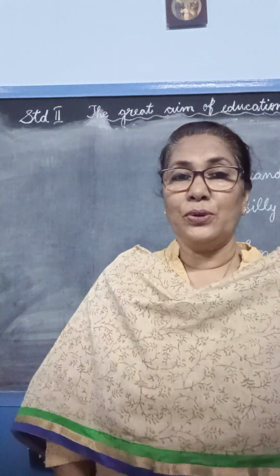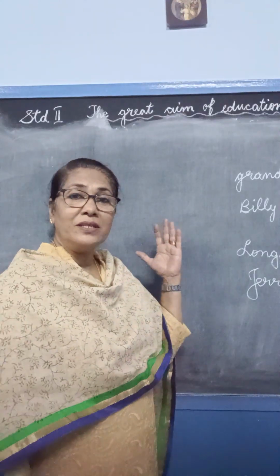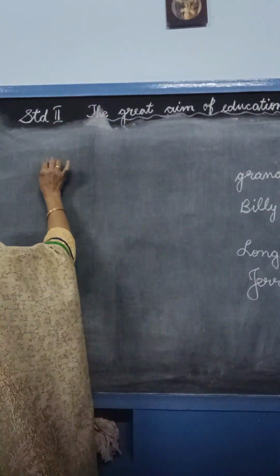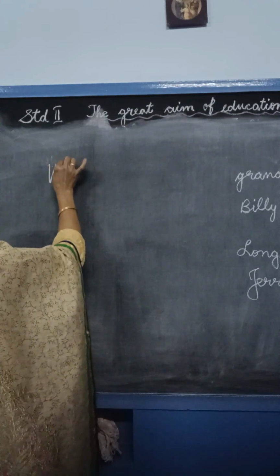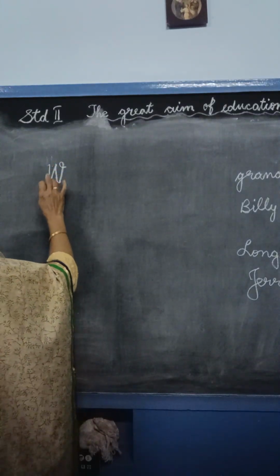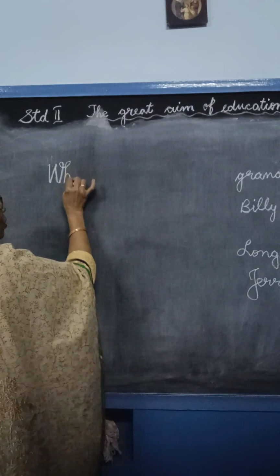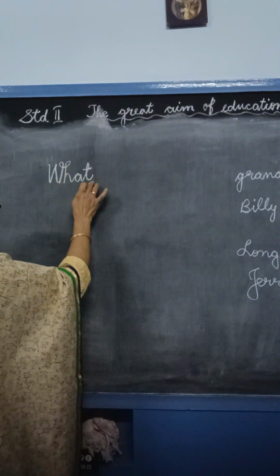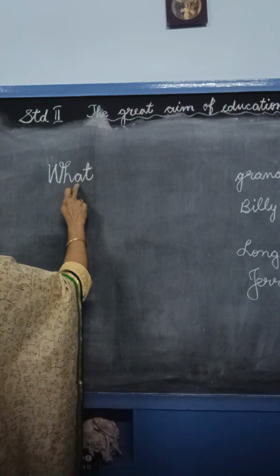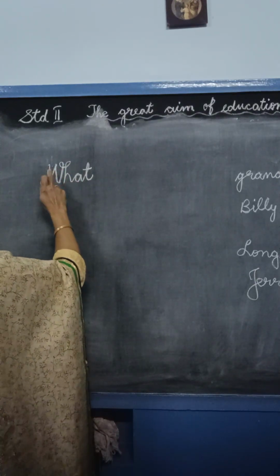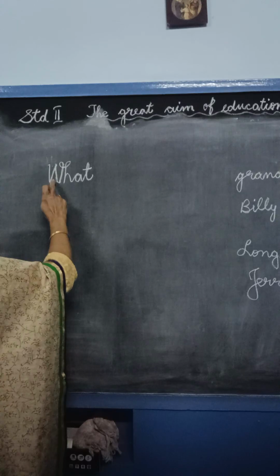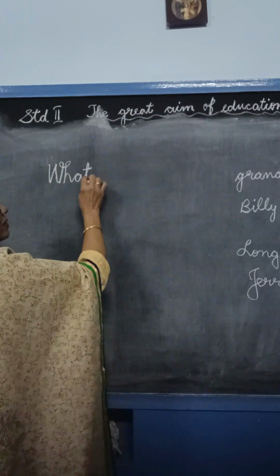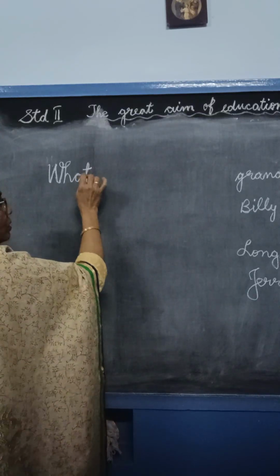For example, I'll show you just now. Now I'm going to write the first line on the board. I begin with a capital W. This is the capital W. See, this is how we should write. And the stroke should be correct. See, this is the middle stroke. This is the upward stroke. And you know, a capital letter always has to fit in the 4-line. And this is also an upward stroke.